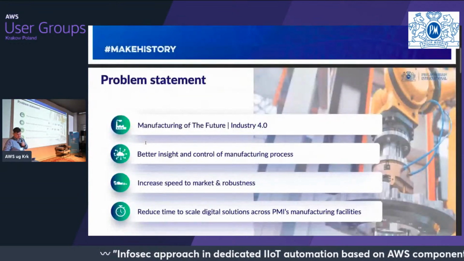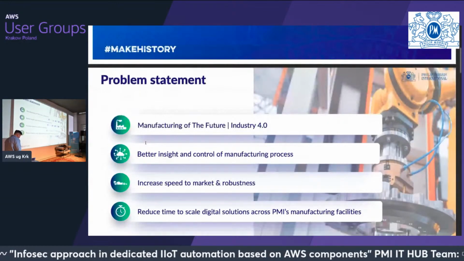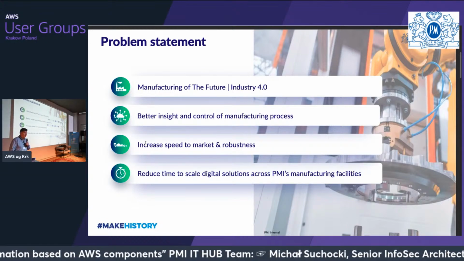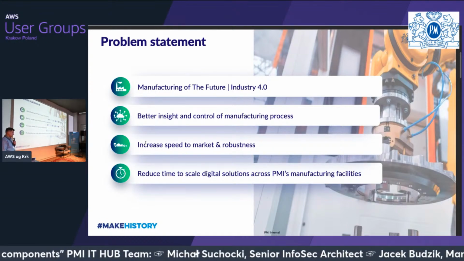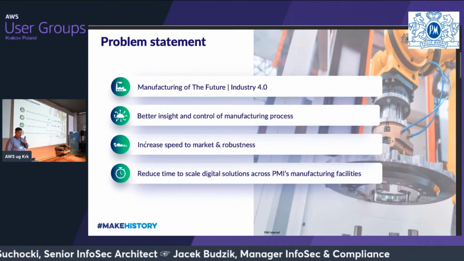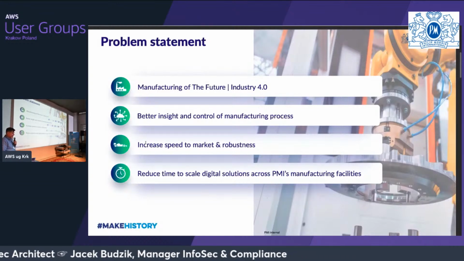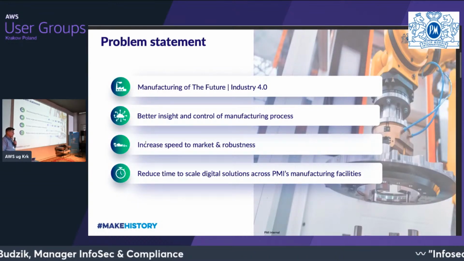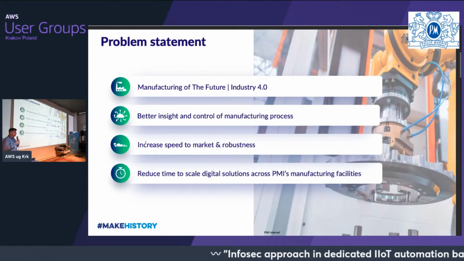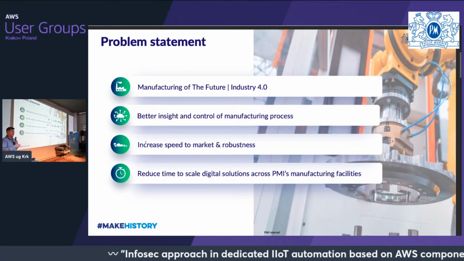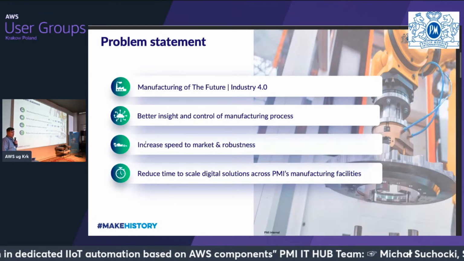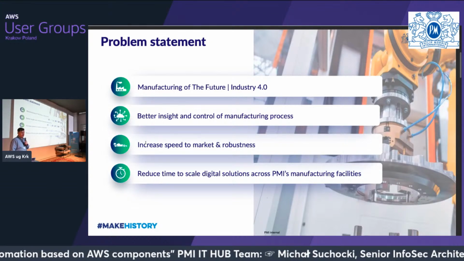So let's start from the problem. In 2016, PMI announced so-called RRP, reduced risk products. I don't know if someone of you smokes. There is a product, for example, called IQOS with heats. So PMI started producing and selling such kind of products, and because announcement and changes in the products also are related to the changes in manufacturing, PMI also started thinking how to be more efficient when it comes to the production.